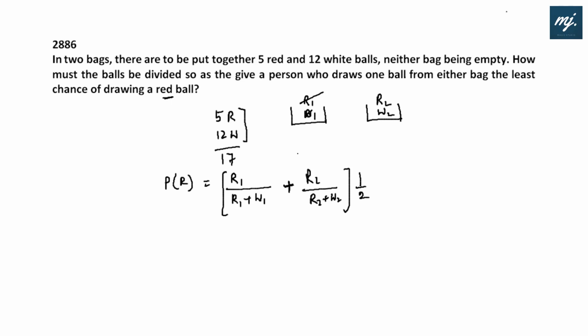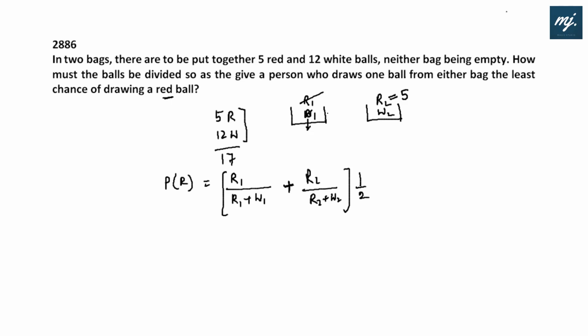Number 1. Number 2, to make the probability of red ball least, if there is no red ball in this, let it be in the next bag, there are all red balls. Fine. Now, the probability of red ball to be least, number of white balls that should be assigned in this particular bag should also be least.